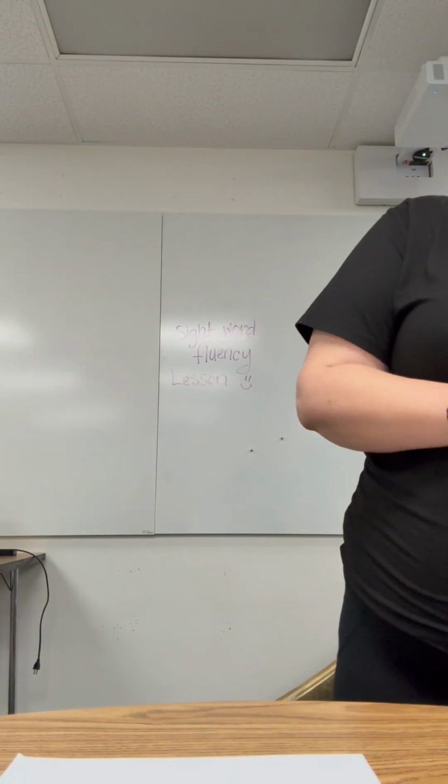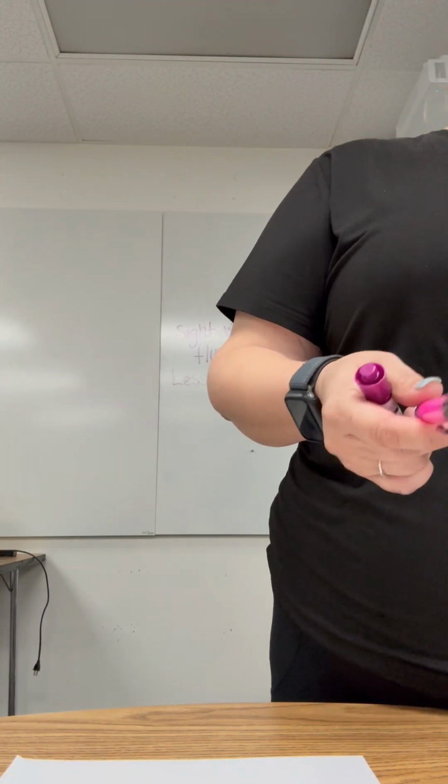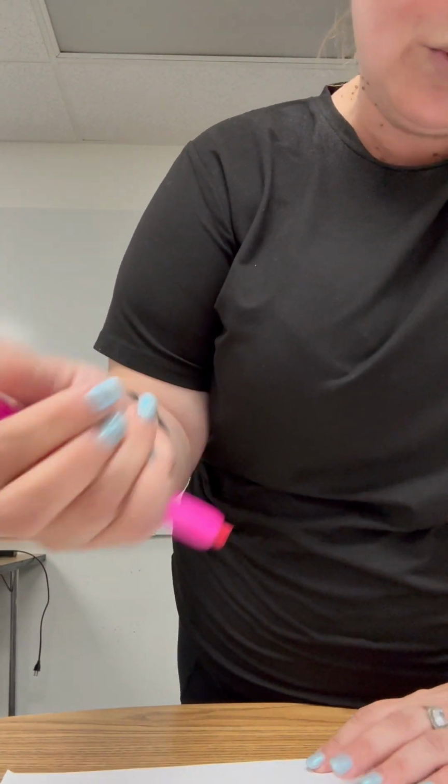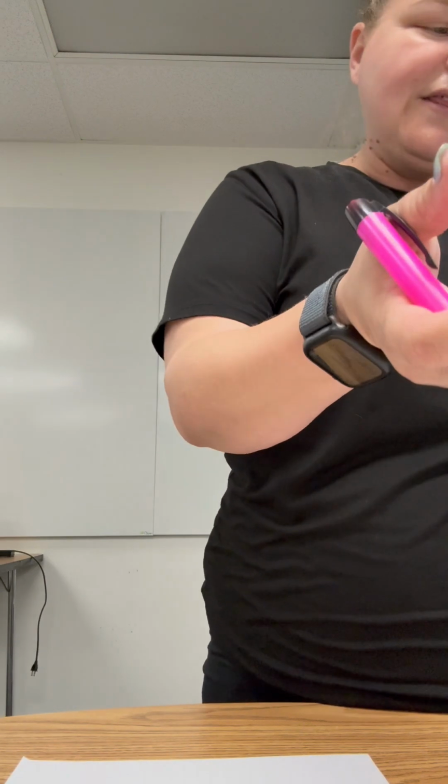So you heard that I made a mistake and then tried it again, right? That's okay. So during your turn, I want you to try a word first. And if it's still hard, skip it and keep going. Okay. Now I'm going to show you how to mark the errors. So when I miss a word, I put a small slash next to it so I can see which words I need to practice later. So the steps are to read across the list, try the word, skip it if needed, and then keep going